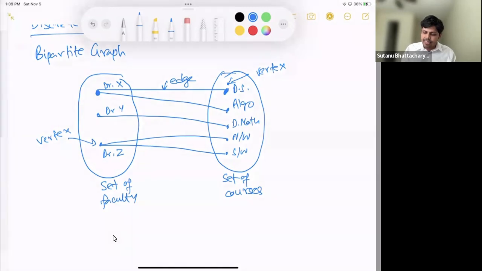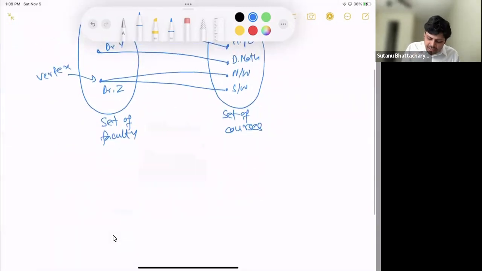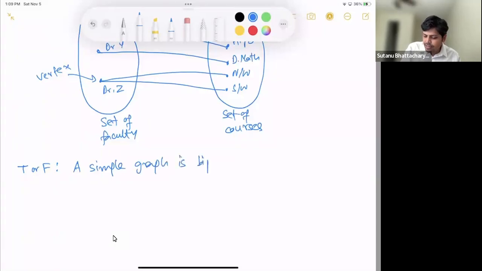Related to this, let me ask you one thing. You have to say true or false. I'm writing one statement. You need to find out whether it's a true statement or a false statement. That is, a simple graph is bipartite if and only if it is possible to assign one color